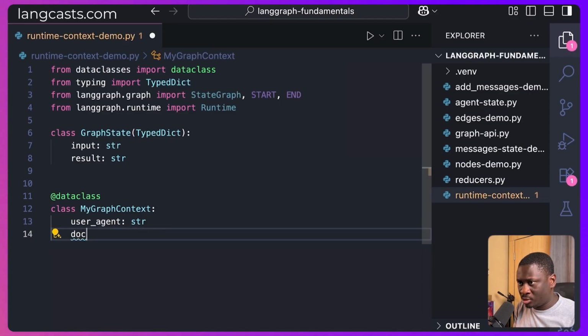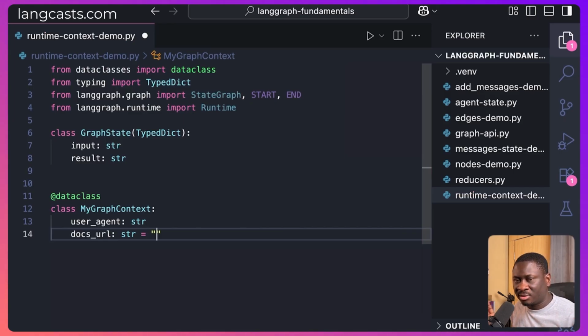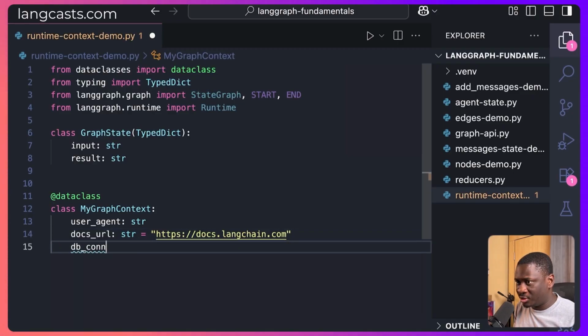Then we also want the URL to the official LangChain documentation for some reason. By the way, I'm not trying to build any specific thing here. I'm just trying to dump data to just show how runtime context works. So I'm just going to be doing random stuff. So let's say for some reason we want the documentation URL for LangChain. So it's at docs.langchain.com. And for some reason there is a DB connection that we need to maintain because we might want to call our database. So I'm just going to say DB connection